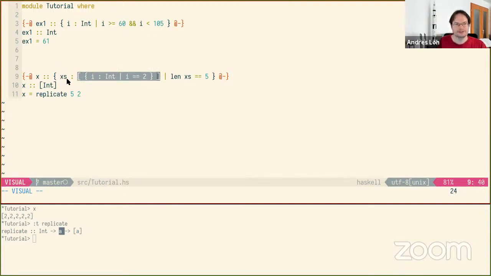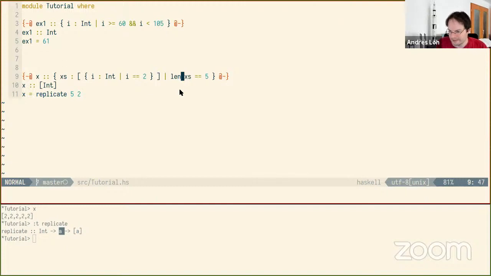And then furthermore, I've given a name to the list, and I have said that the length of the list is 5. And len is a way to refer in this predicate language to the length of a list. Again, I said it's not exactly Haskell. Len is a special thing that is provided to you by Liquid Haskell to refer to the length of a list. I don't know exactly why they haven't called it length. That's not been my decision. I think it would have been nicer, but